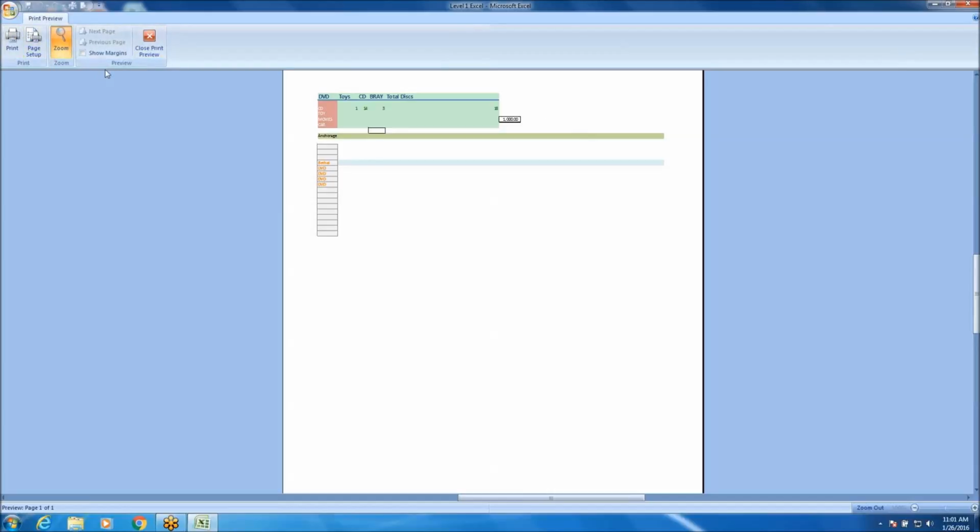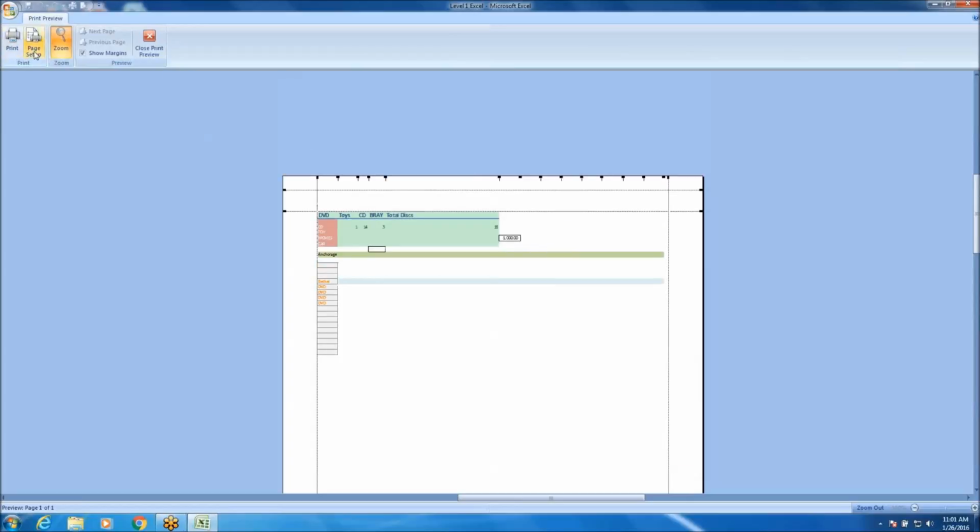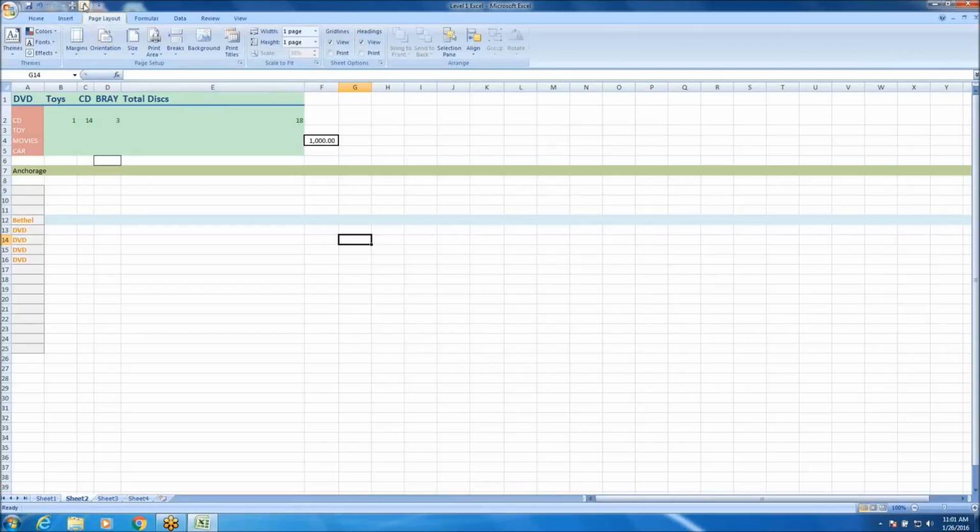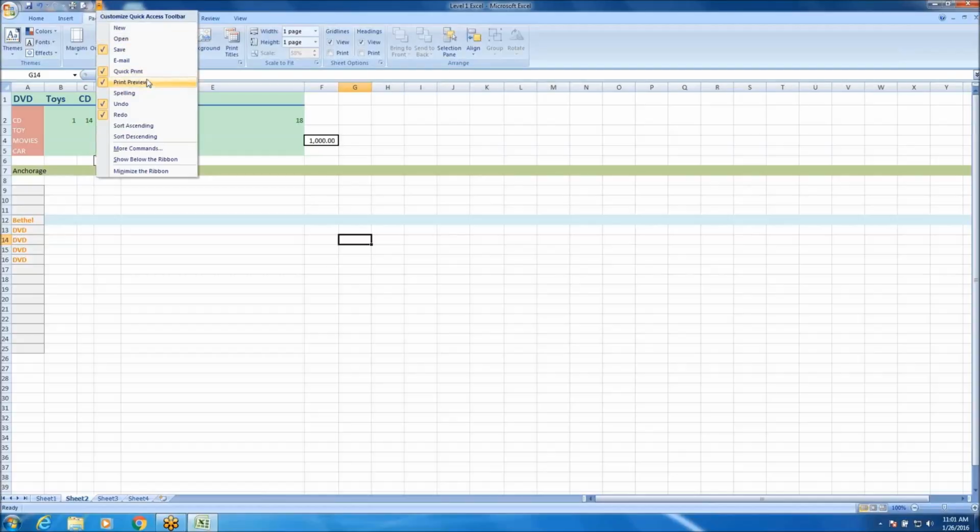Here, there's a few options when you're looking at print preview. You can get back to page setup or actually print it, or I can say show the margins, and this is the header, footer, the page margins, where you can change those under page setup. I don't really mess with page setup or margins very much in Excel when I do mine, but that is available. And I added print preview up here, and that's also available on the drop down here. So you can take a look at it before you print,